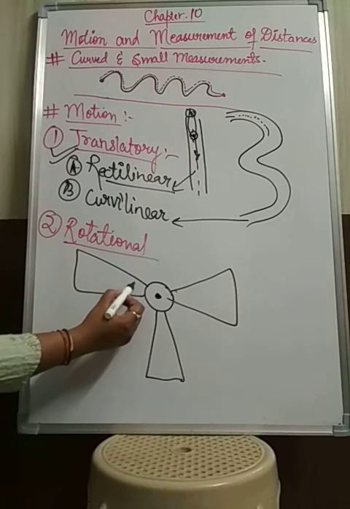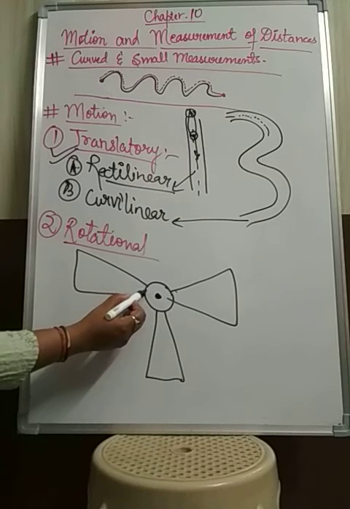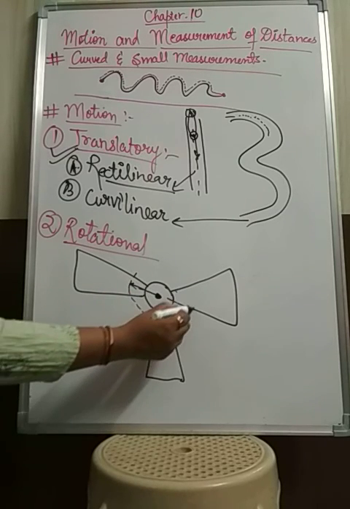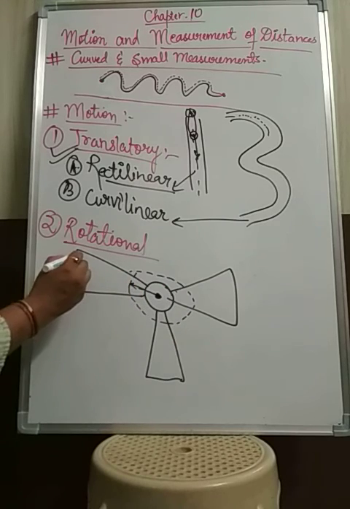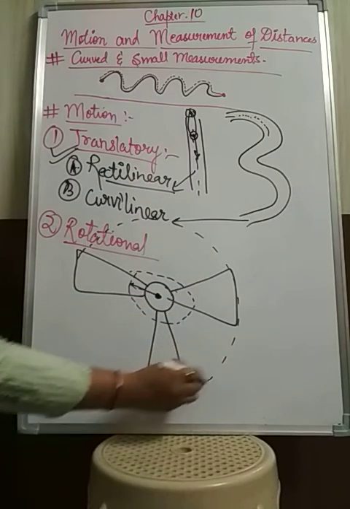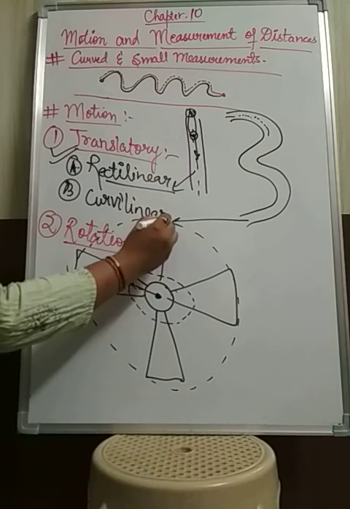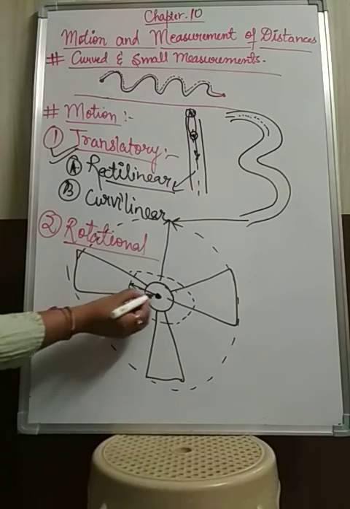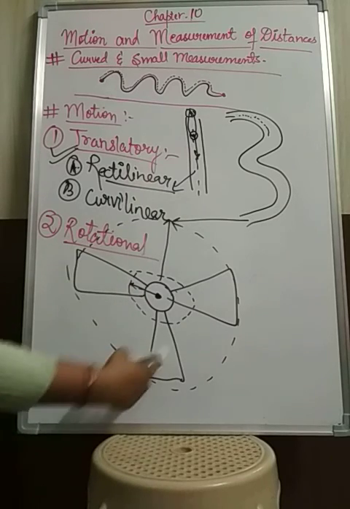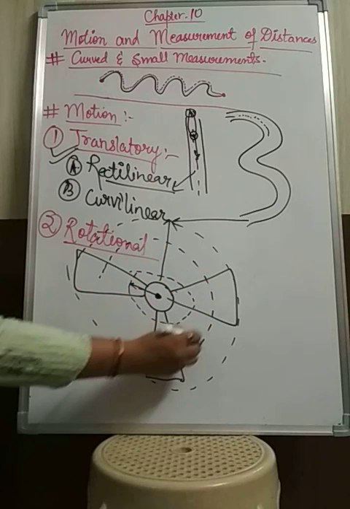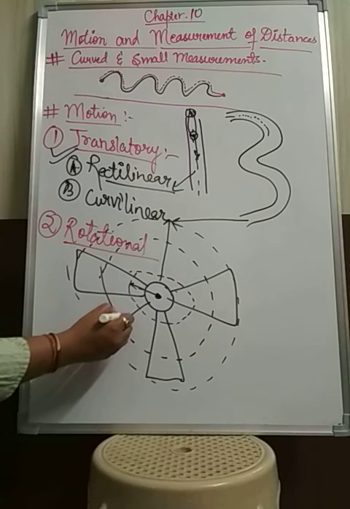Like if I will tell, then this part will cover this much of distance. इस point से सिर्फ वो इतना ही distance cover करेगा, ये वाला part. On the other hand, this part of the fan will cover this much of distance. Okay, so at the given time, एक same time पर different parts of the body are covering different distances. This particular part will cover this much of distance.